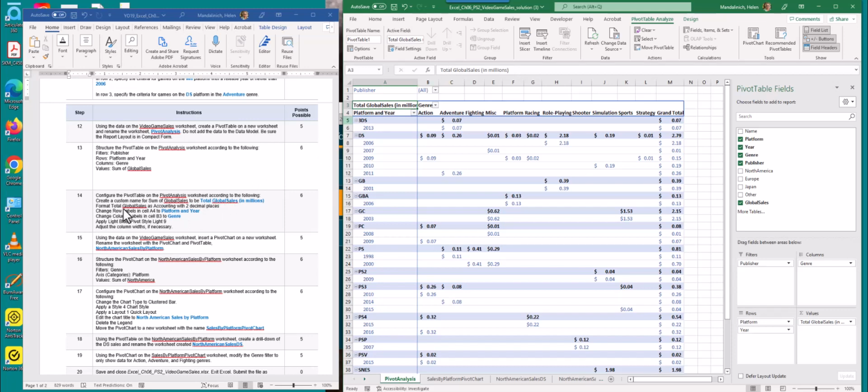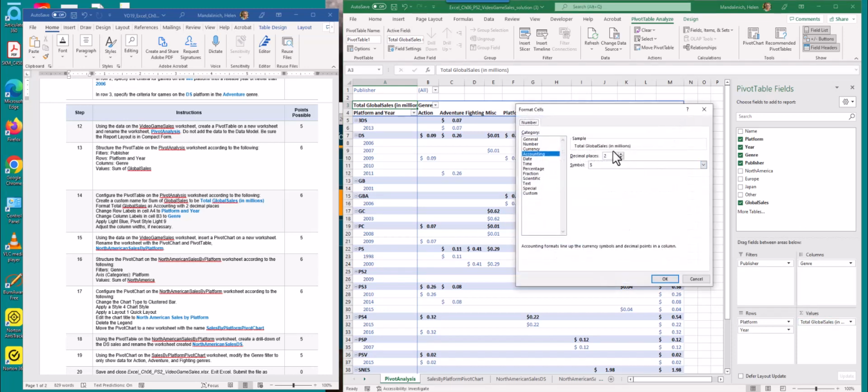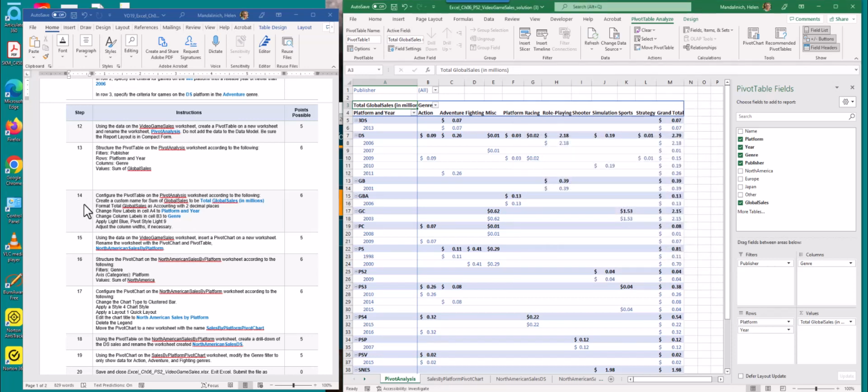Then accounting. So to do that, you come down to the value and you click on it. Value settings, number format, accounting, 2 decimals. Boom. It'll do all of them. Okay, then we're going to change this one from whatever the label was. We're going to make it genre, and this one you're going to click and change up here to platform and year